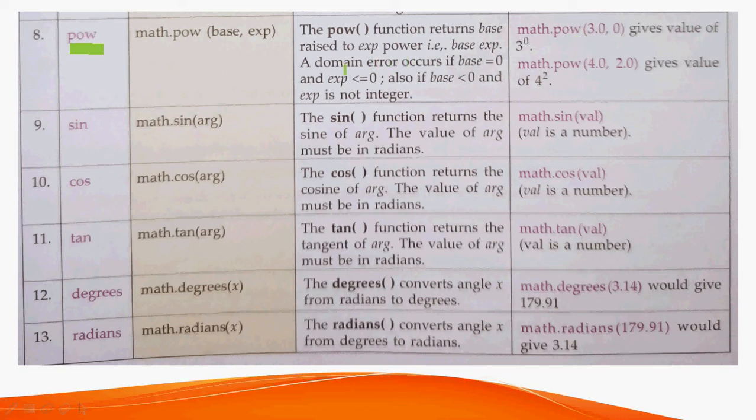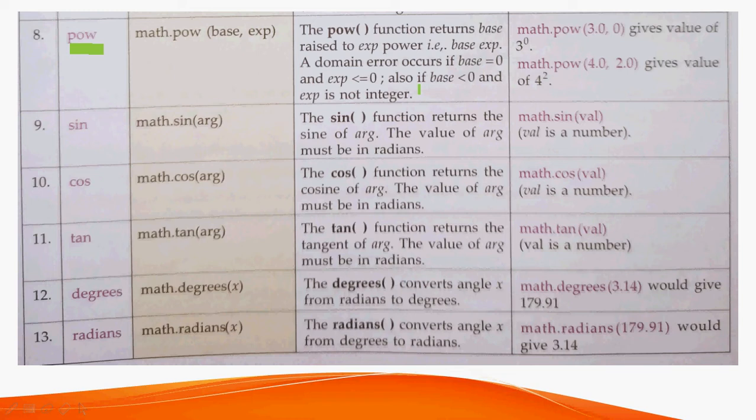Now, a domain error occurs if base is equal to 0. That means base, the first value, 0 to the power something. No, that is an error. And exp should not be less than 0. It should not be less than or equal to 0. Also, if base is less than 0 and exp is not an integer, this is also not